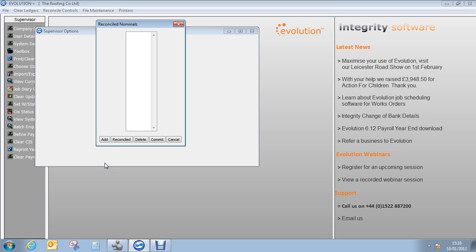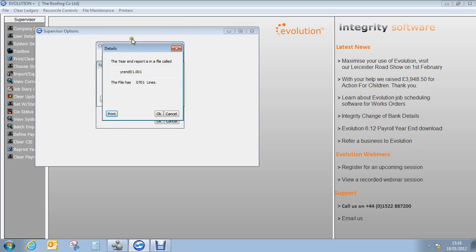So what you do is you simply click the add button at the bottom and add any accounts that you wish to keep, so that you can reconcile them through the bank reconciliation feature. Now they don't have to just be bank accounts, they can be anything to credit cards, to debit cards, whatever the case may be. You can put those accounts into here, and obviously as you go back into the system prior to year end, it will allow you to reconcile those still through the bank reconciliation feature. Okay, if there is nothing else to add, you simply hit the commit button at the bottom,